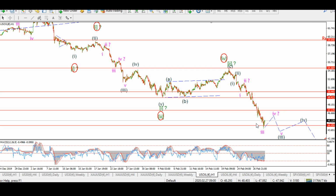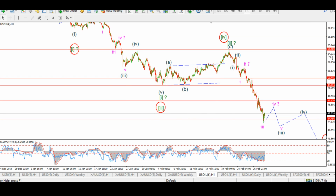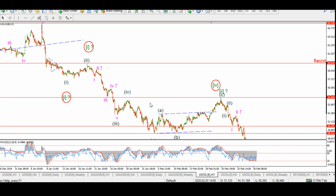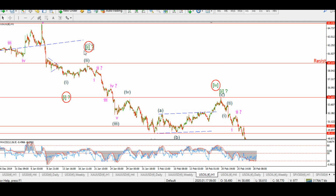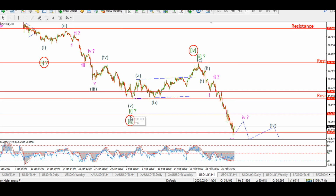The fact that it's wave 3 of 3 would suggest that we have much more to go. The alternate count is a little more lenient. It's 1 degree higher, so we've got wave 1 of 3. Wave 2, sorry, it should be wave 2. Forgive me, I am only human. Wave 2 of 3,